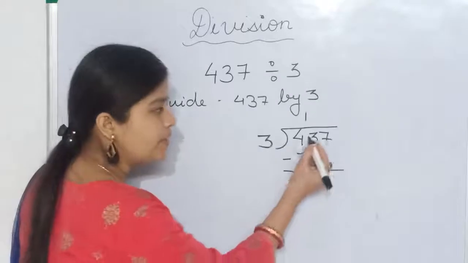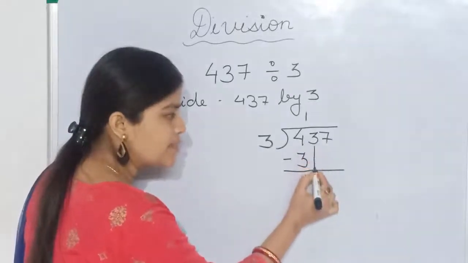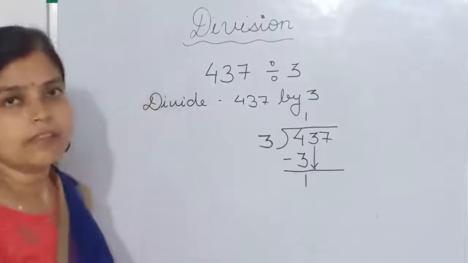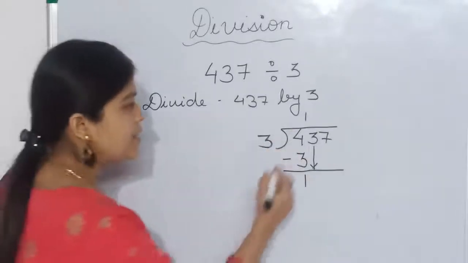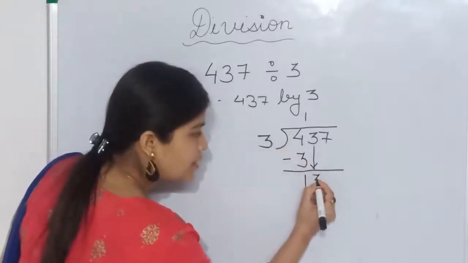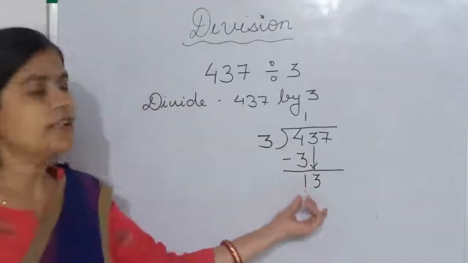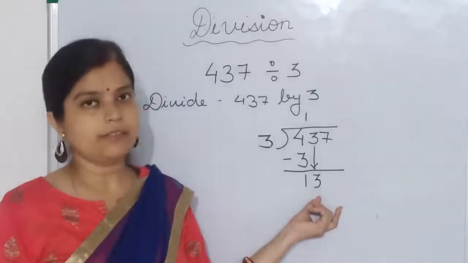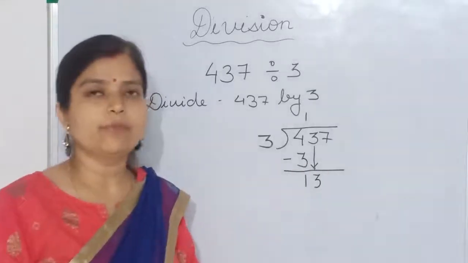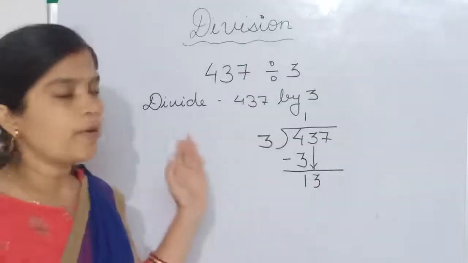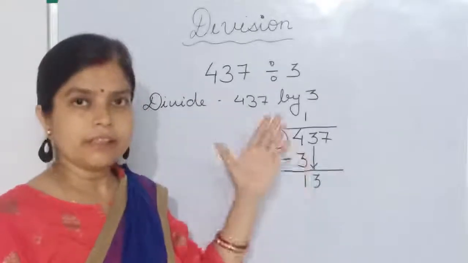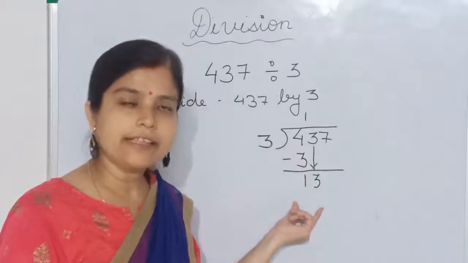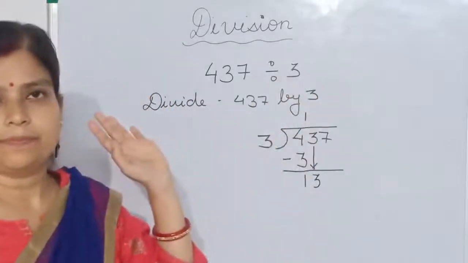So we will pull down this number which is in tens place. We will call this number, come here, we have to divide now tens. Okay, so I am bringing this 3 down. Now we are having 13 tens. We are having 13 tens. Okay. Now again you recall the table of 3 and you will recall till you get the number either equal to 30 or greater than 30.